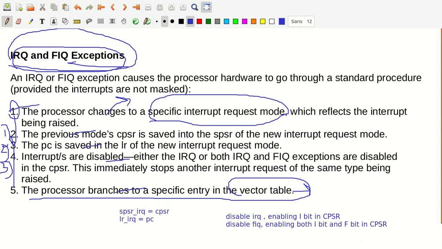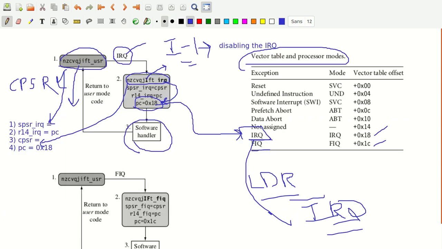So this is the fourth step. The fourth step comes here. The fifth step is the same. That is what happens here. You can just look into this one, 1, 2, 3. Fourth, PC, that is the fifth step. In the fourth step you are disabling the flags, that I will explain in the next slide. So here whenever an IRQ exception is raised, you have the I bit that is enabled, which requires you to disable the IRQ. That is what is done.